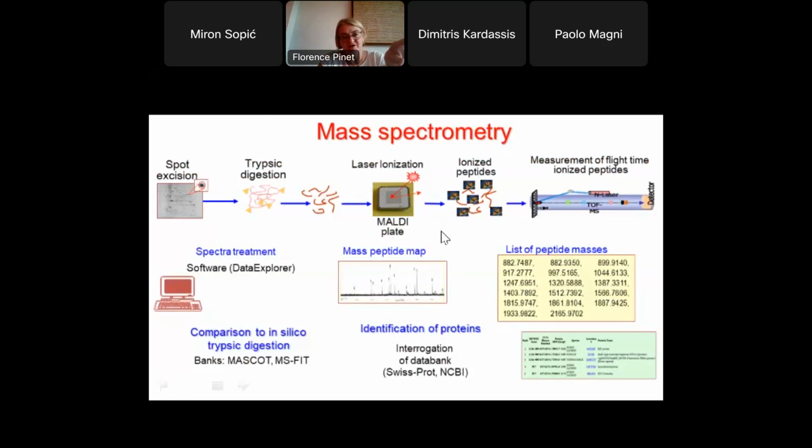a specific matrix, I will say, to cover your protein so that it cannot be disrupted by the laser ionization, and then your ionized peptides will be inserted in the MALDI-TOF, and you will measure the flight time of these peptides. And then you will use different software to compare